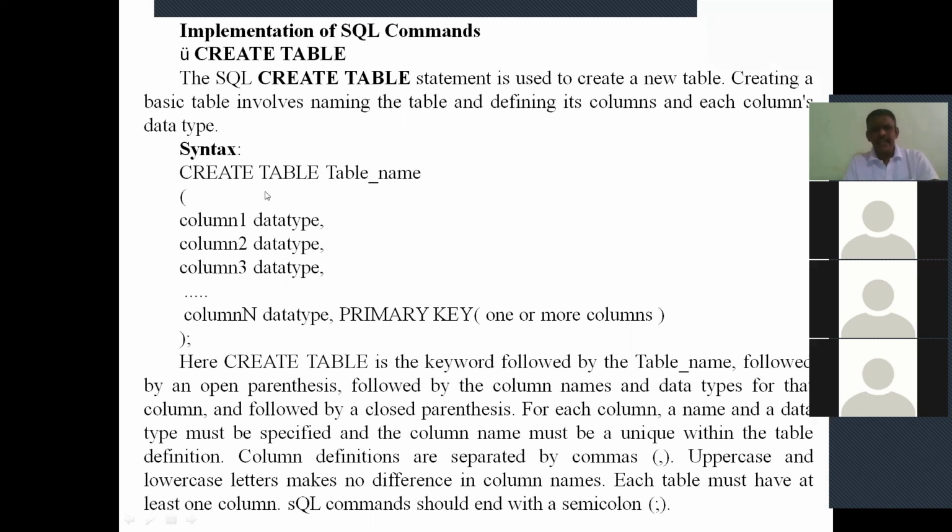In this case, create table is a keyword, table name is a user-defined name, then column names are user-defined names, data types are the data types used in SQL, along with the size you can write, ending with a semicolon. But what you learned in this syntax